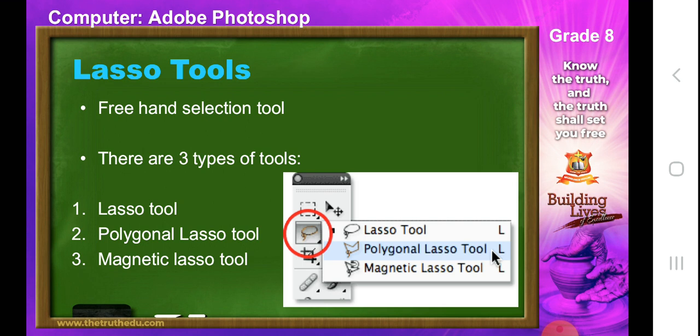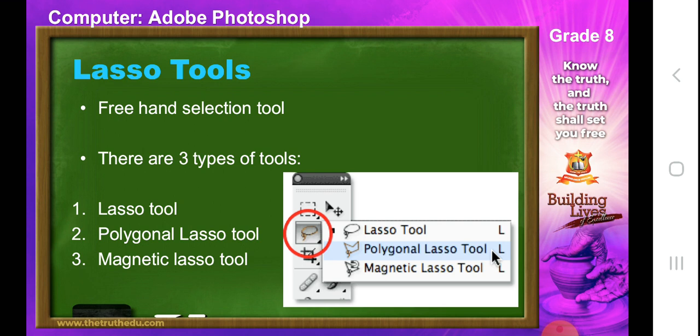Next comes the lasso tool. The lasso tool is used to make a freehand selection in an image. What you have to do is open an image and click on the small black arrow at the bottom of the tool. Students, if you remember, I spoke about this small triangle at the right bottom side, which indicates there are certain tools hidden in it. So once we click on it, we can go ahead and access all that information.